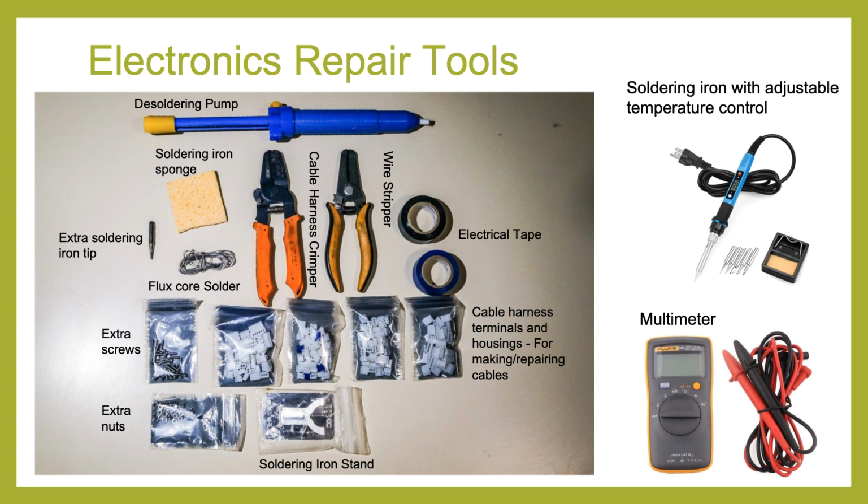We also carry soldering equipment in general, such as an extra soldering iron tip, sponge, and flux core solder. Extra screws and nuts come in handy when they accidentally drop or get lost. When you're in the field, small things like that can be a pain to find locally. Then there are the crimpers and wire strippers to crimp cable harnesses, and of course the cable harness housings and